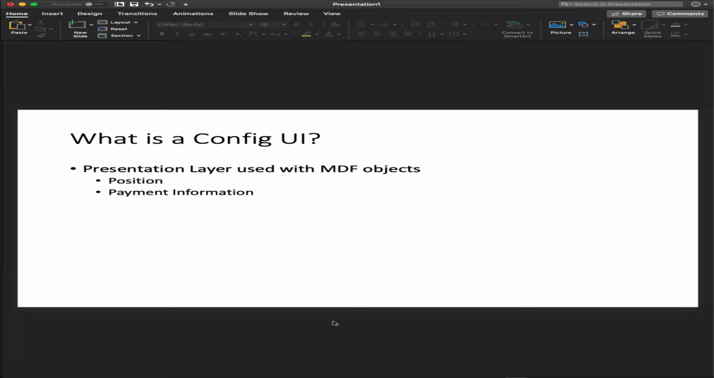A config UI is a presentation layer that is used with MDF objects, the most prominent of which are position and payment information. And what these allow you to do is realign how things look on the screen as compared with the overall backend object. So if you're watching this video, you're probably already familiar with configuration of object definitions for